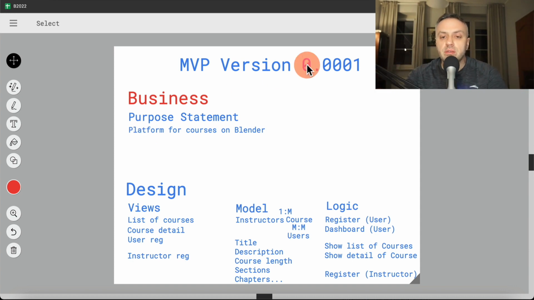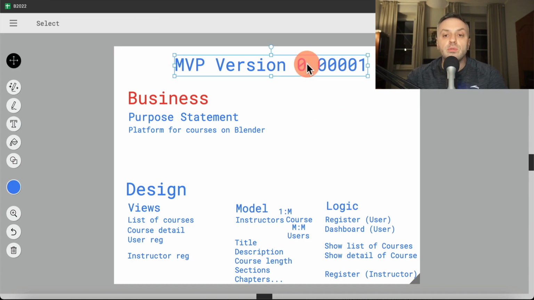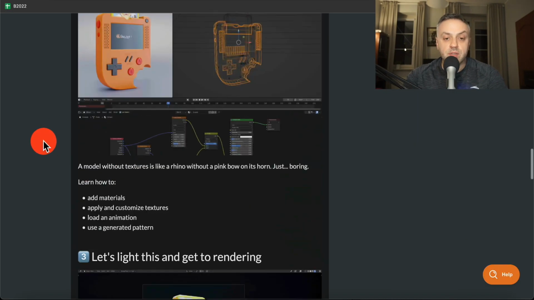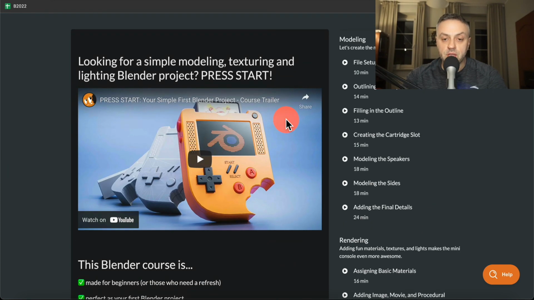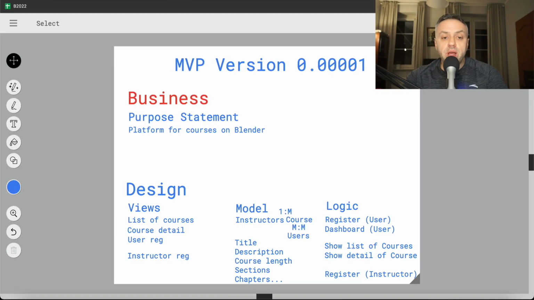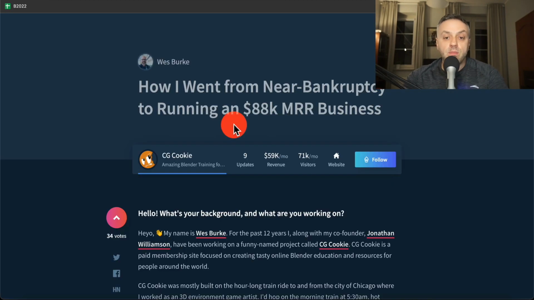Remember, guys, you want to build your 0.001 or maybe even 0.1. You want to get that thing out as soon as possible. Later on, you can add all the nice bells and whistles. You can add a nice color scheme. You can have an image. Yeah, an image is important, so that's going to be another field. You're going to add everything. You want to make sure, is there a business demand? Are there hungry users that have been waiting for a long time for this kind of product? And that is how you develop your MVP for this product that is now making 88K monthly revenue.